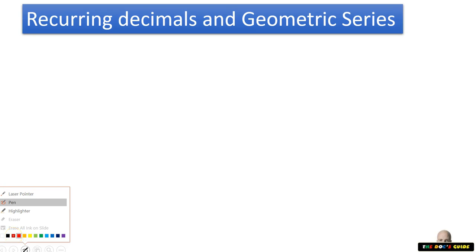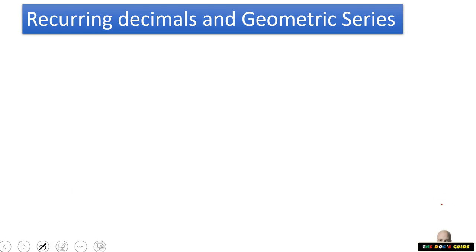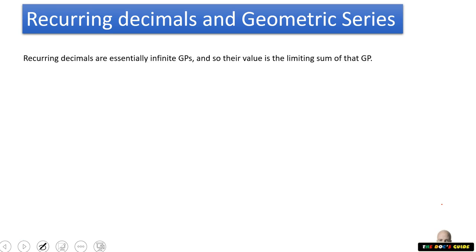Hello mathematicians, we're now going to have a look at recurring decimals and geometric series, and we're going to make the discovery, if you like, that recurring decimals are essentially infinite geometric progressions. And because of the nature of recurring decimals, we're going to show that their value is the limiting sum of a GP. So if we had this particular recurring decimal,